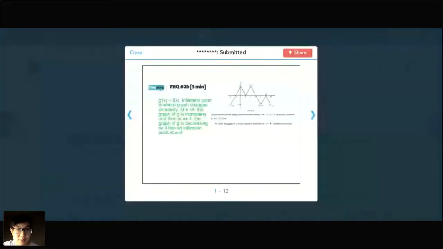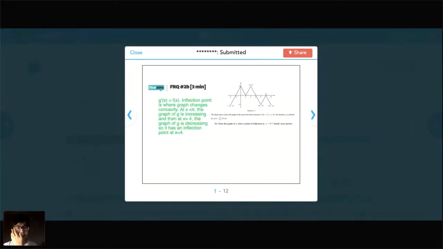We're talking about points of inflection here. So, first thing I would always add is g prime of x is equal to f of x. Good job here. The inflection point is where the graph changes concavity, okay? And so then at x less than 4, the graph of g is increasing, and then at x greater than 4, the graph of g is decreasing. So it has an inflection point at x equals 4. So I would be very careful here. I think you might get lucky with points here, but in this instance, you'd want to say something along the lines of f of x, or the graph of,